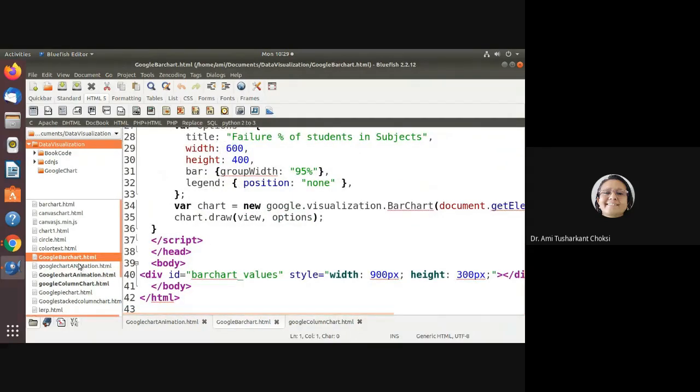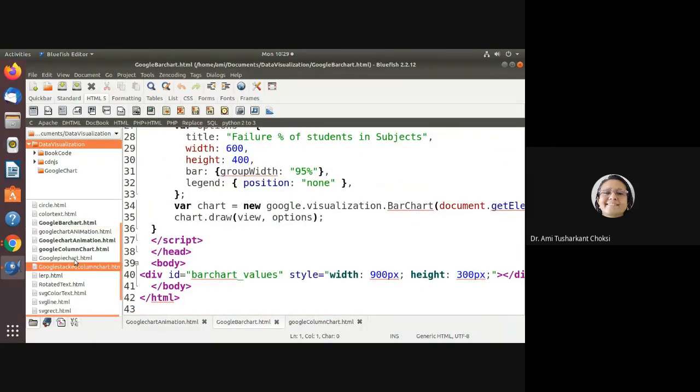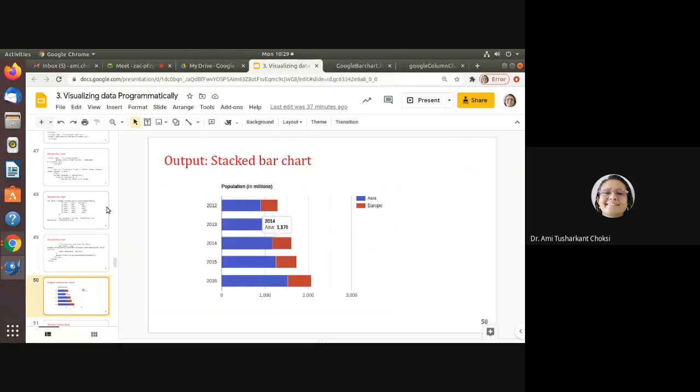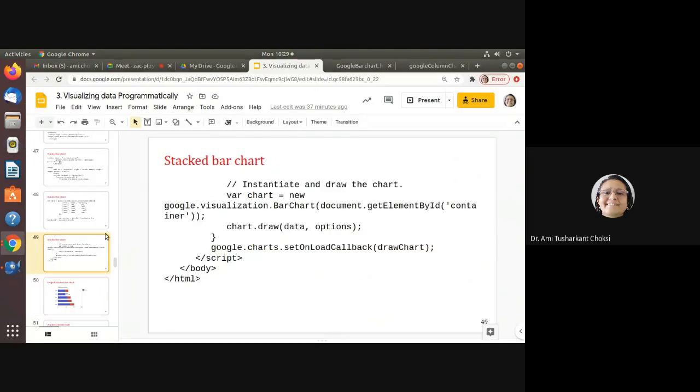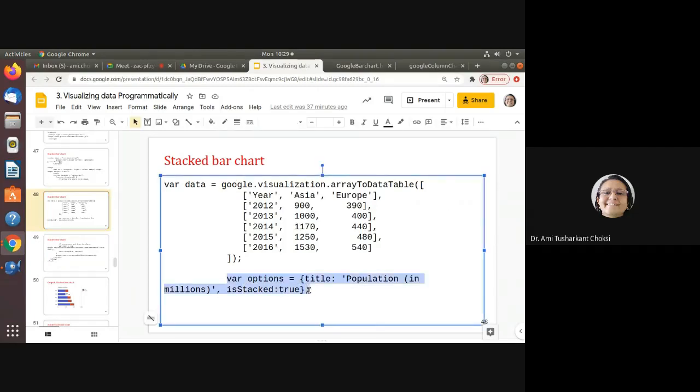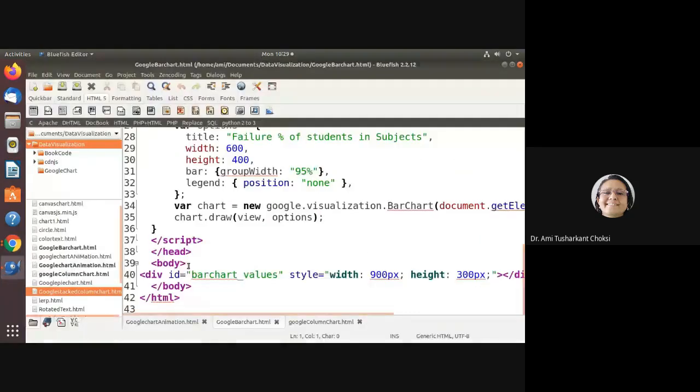Where it is, stack bar chart. Let us put it here. What was there? Let me just put it. Nothing more than that is getting changed. The only thing is we should specify this line, right? These options, so we can put it here, no issue. Fine, this is bar chart. Fine.